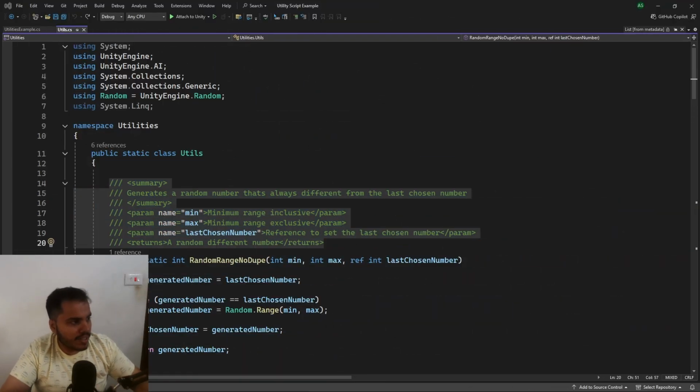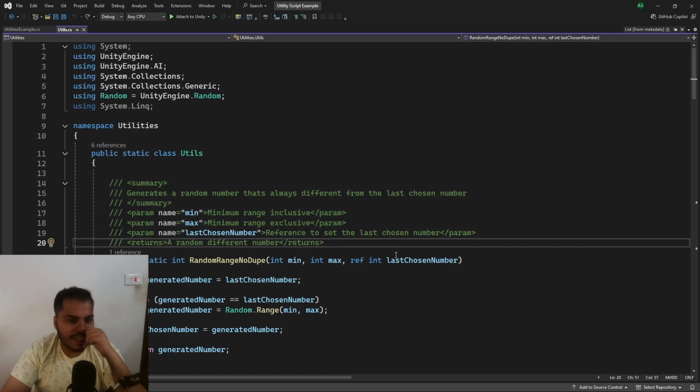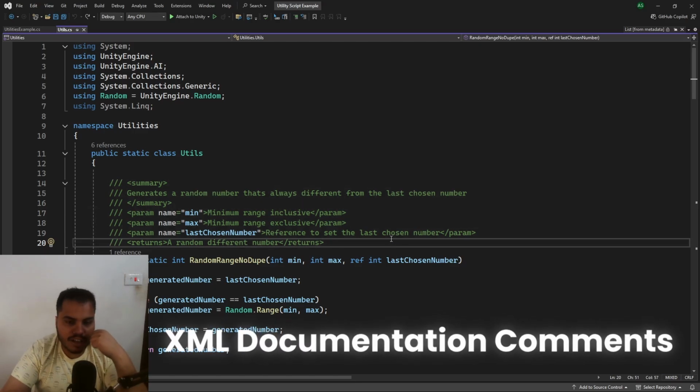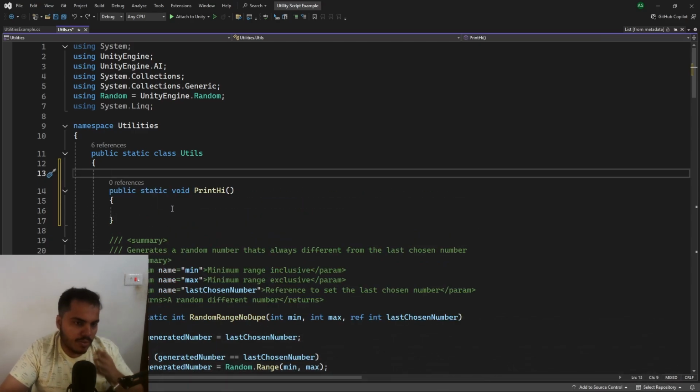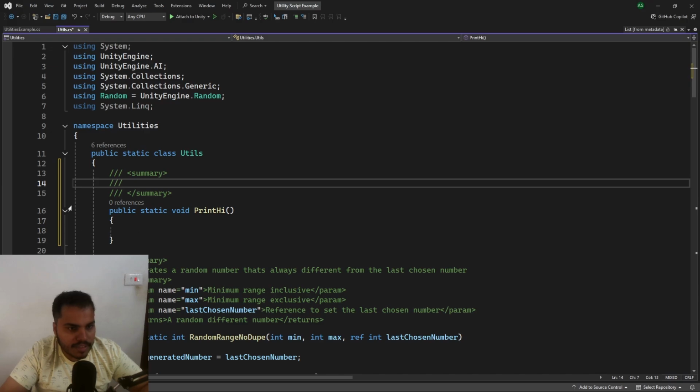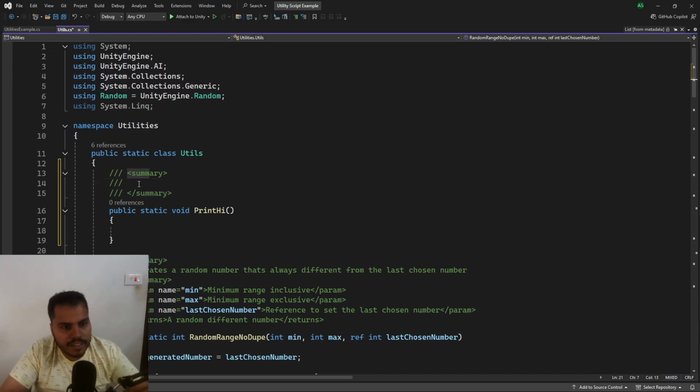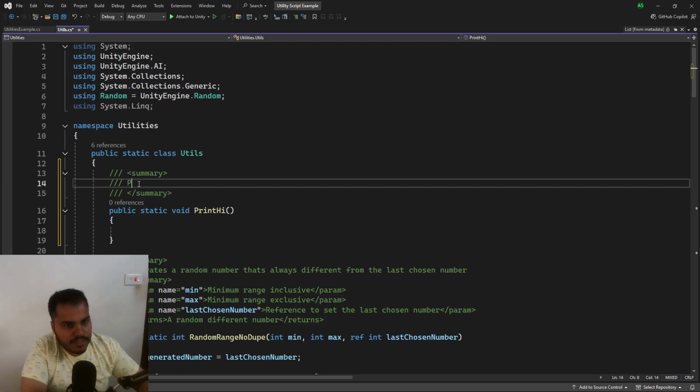Okay, let's also take a look at the syntaxing of functions. Let me actually look it up what exactly it's called. Okay, I believe these are called XML documentation comments in C#. So the way you do this is by writing a function and you use the /, I believe, 3 times, and it automatically adds a summary. Okay, and you can give a summary for this function.